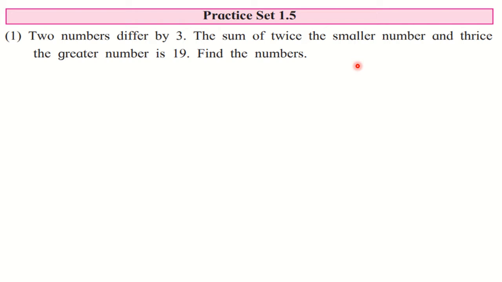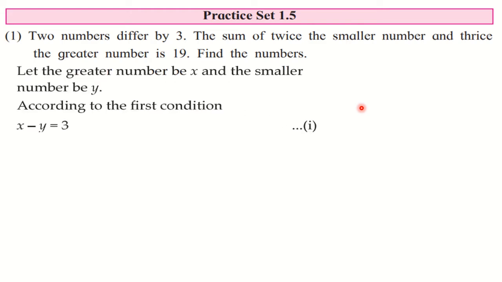Okay. Then you have to start with the unknown thing. You have to find the numbers. But here see, two numbers differ by 3. That means one is greater and one is smaller. So always be specific. Don't write simply that the two numbers be x and y. Write the greater number and smaller number. That will be better. You will find here, see, smaller number and greater number. So always make use of that. Okay. So let us start.